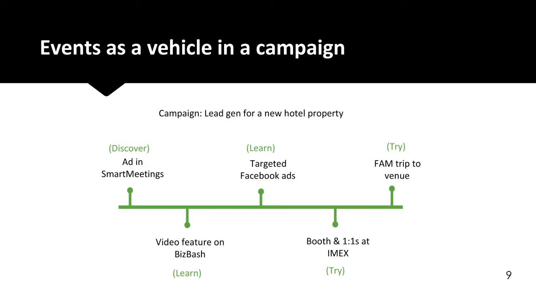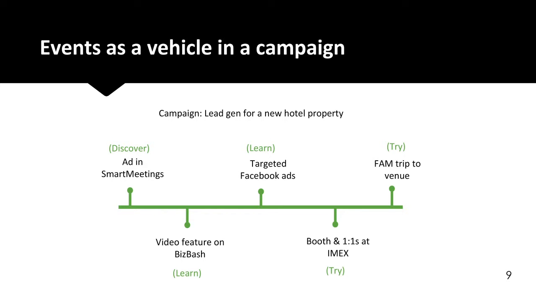Now, maybe you're going to go down to the learn phase and you're going to partner with BizBash and get a video feature, because these people at BizBash are specifically going to those websites to search for opportunities to find a new venue. So you want to get that video featured. Maybe you're going to do a sponsored video there. Your learn phase is also going to include these targeted Facebook ads, not because people are searching Facebook for the ads, but within this digital campaign, you're able to retarget where people have seen you already.